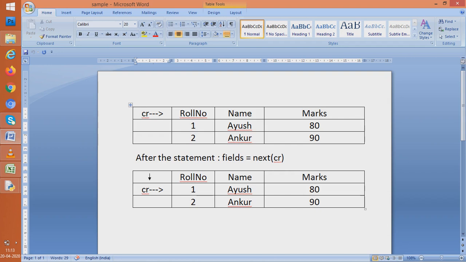We are saying that CR is like a table, and when CR has been made and contains this data, CR points to the first row, that is the heading row. After we read this heading row, it will go to the next row. Then it will try to read the third row. In this way it proceeds further, for our sake of understanding.